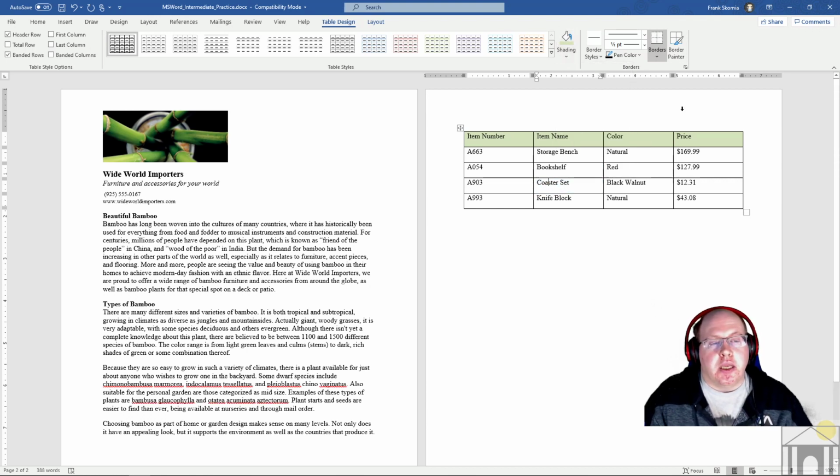The next part of the exercise is to insert a new row. In order to insert a row, there's a couple different things that you can do. If I'm here at the very end of my table and I want to add rows down to the bottom,